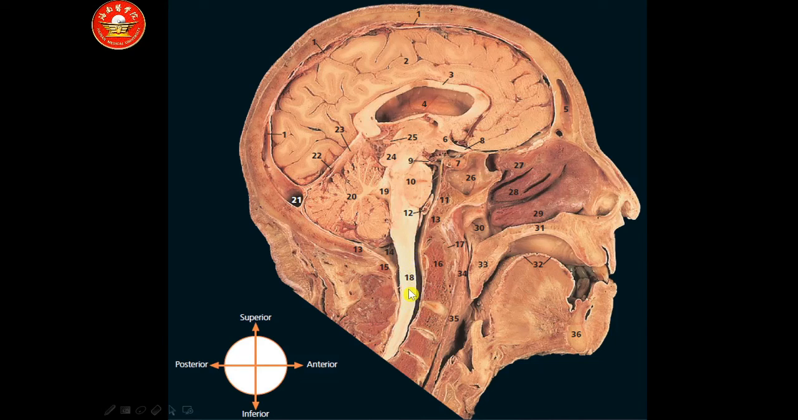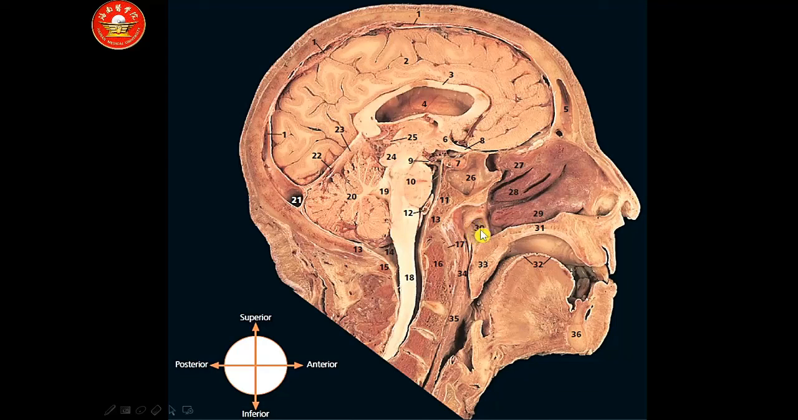above that the medulla, below, spinal cord, number 19 here fourth ventricle, number 20 cerebellum, 21 transverse sinus, 22 straight sinus, 23 tentorium cerebelli, 24 midbrain, 25 the pineal body, 26 the sphenoidal sinus, 27 superior nasal concha, 28 middle nasal concha, 29 inferior nasal concha, 30 opening of the auditory tube, also known